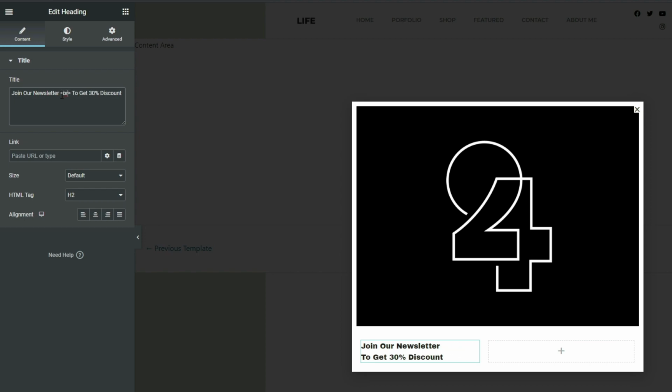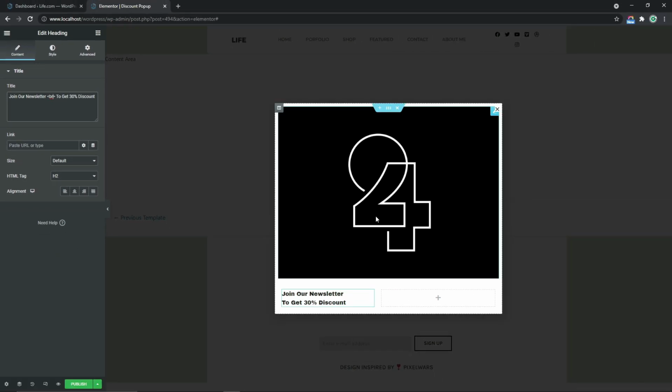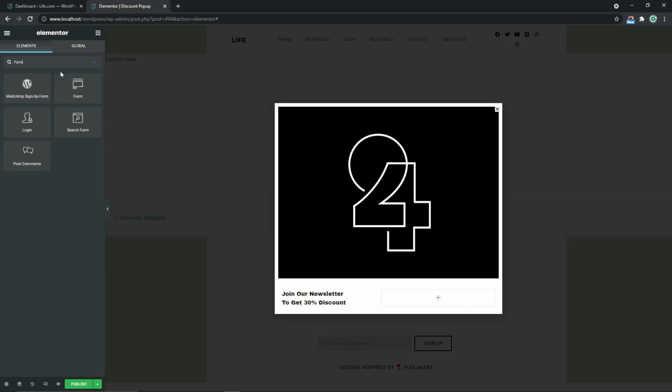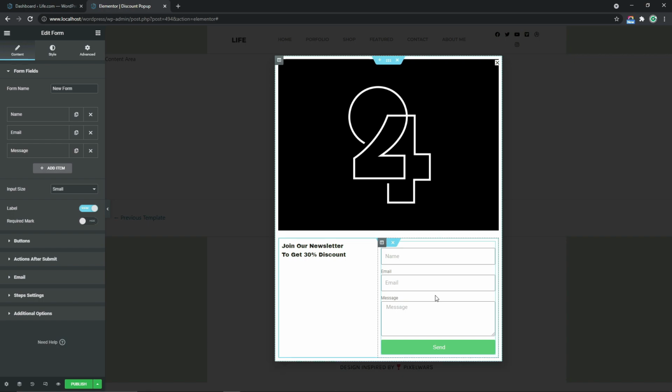Okay, so that's pretty much how it's going to be looking like. Now let's move on to adding in our forms into this column. So I'm just going to come back to widgets and search for forms. Okay, so I'm just going to drag this into this column, and then we can simply delete the message and